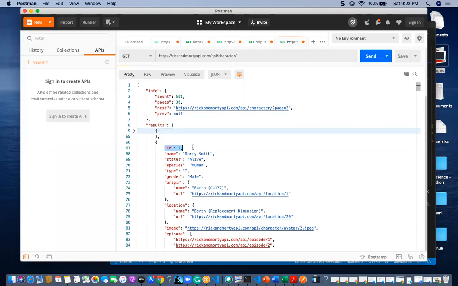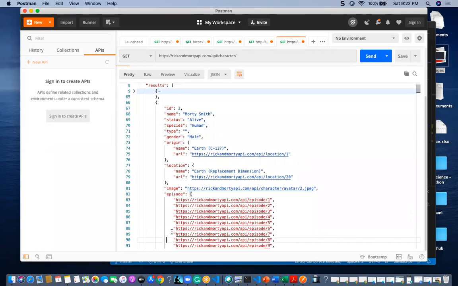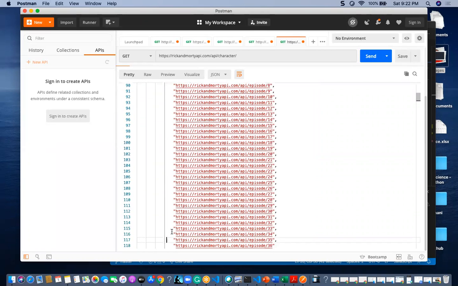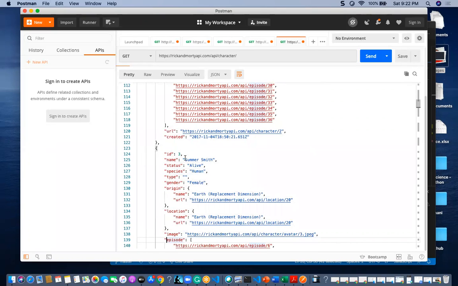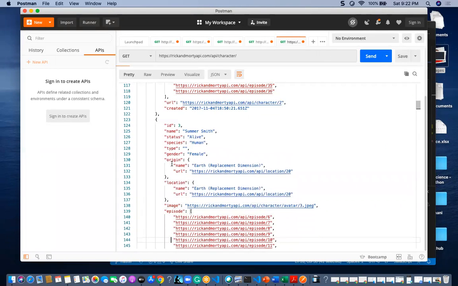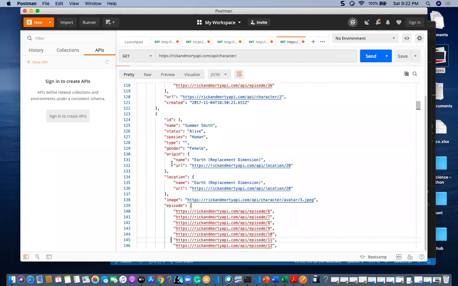ID number 2 should have this image, and also the remaining name, status, species, and gender. All the remaining I have to mention. Apart from this, ID 3 also has a name, status, species, gender, and image. These things we want to render to the UI.